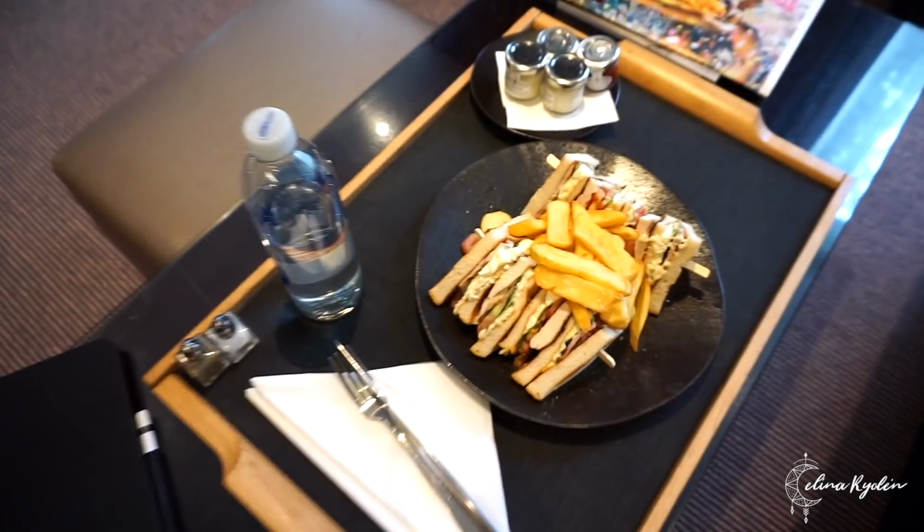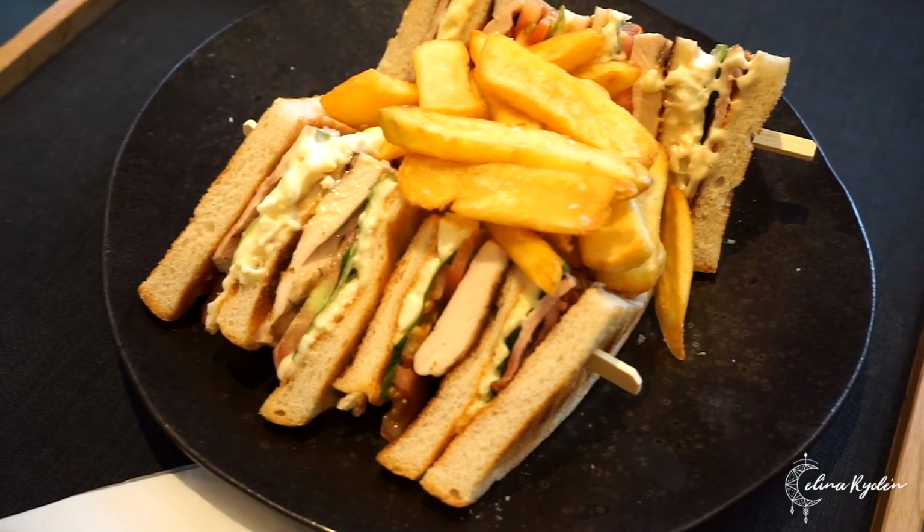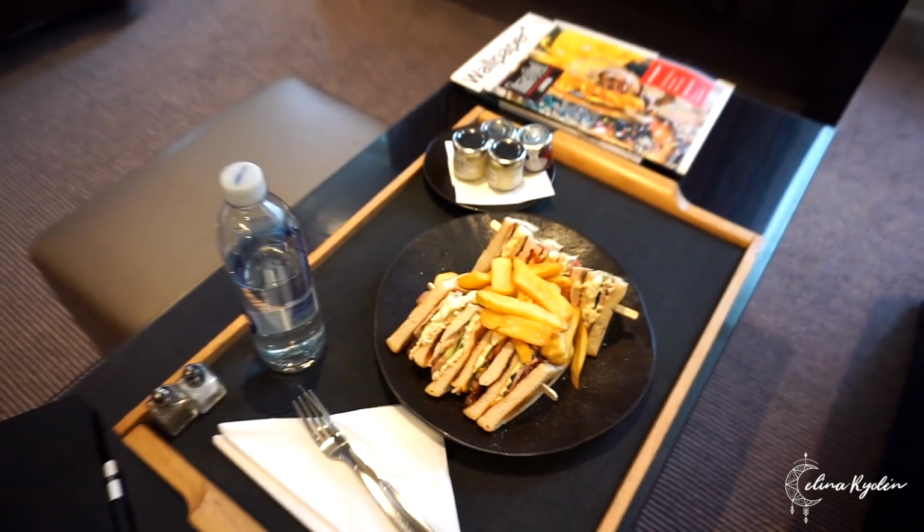happy. My room service just came and oh my god, it's so good. I just tried one of the fries and it's amazing. Oh my god, I'm so hungry. Look at it. Look at it. It's a club sandwich with massive fries. I'm now going to have this, watch some TV, and then